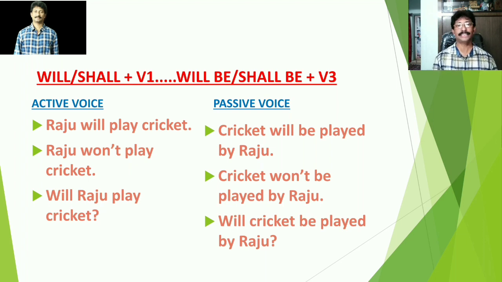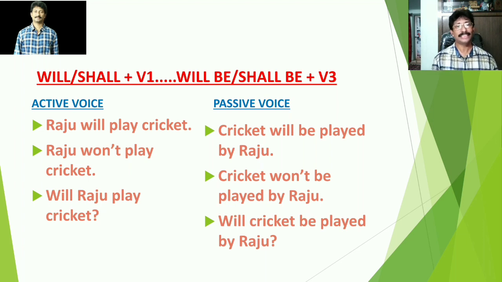And then take a look at the third sentence in the active voice. Will Raju play cricket? This is the question. This question starts with the modal will and then ends with the question mark. Then how do we change this question into its passive form? So will remains unchanged here in its position. Then it is followed by the subject cricket here. Cricket is followed by be and then V3 form or the main verb played is added and which is followed by preposition by and it is followed by an object Raju. Will cricket be played by Raju?